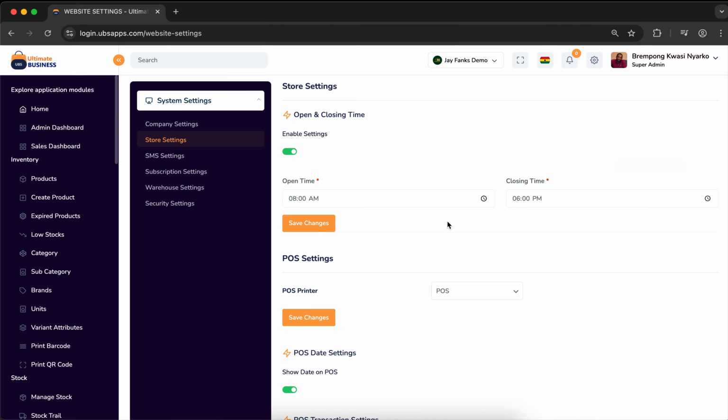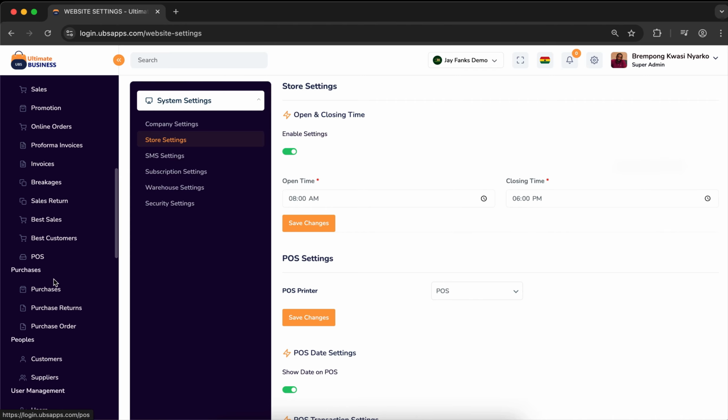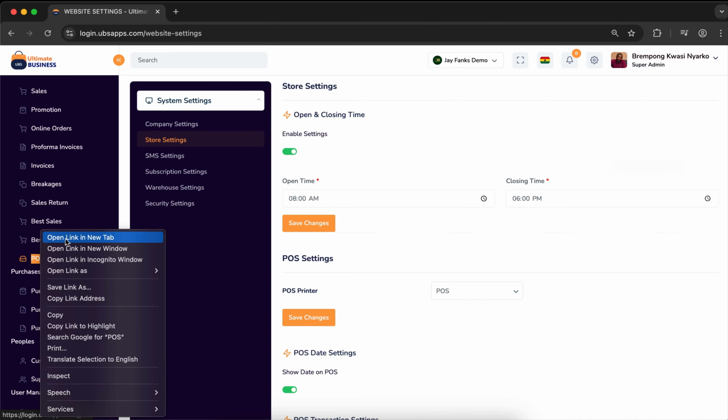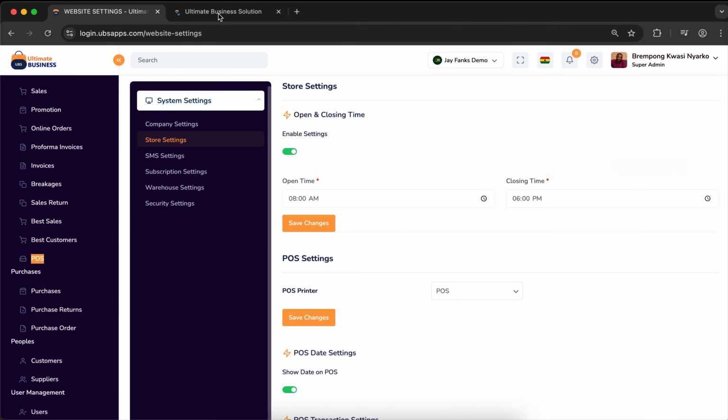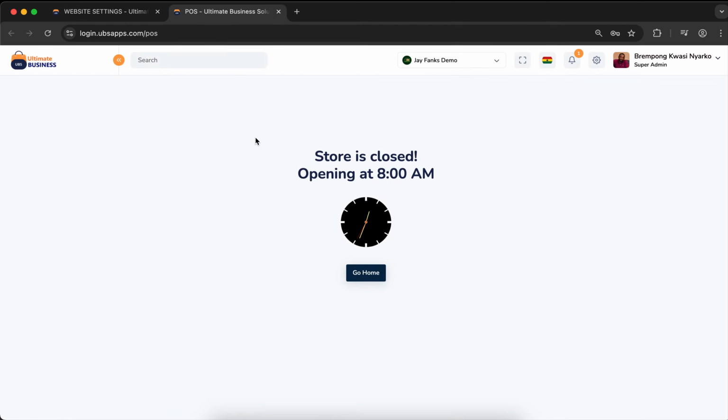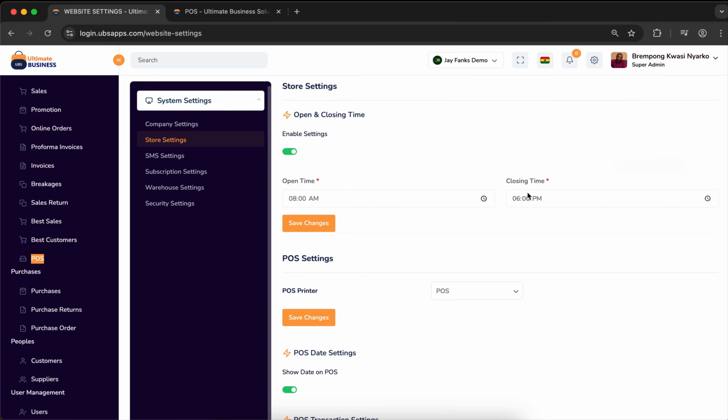Okay, so now let's look at that. So I have indicated 6 p.m. over here, so I'm going to open the POS and then see what happens. So you see that the store is closed, opening at 8 a.m. and it's telling me to go home. Okay, so that is what this settings does. Alright,